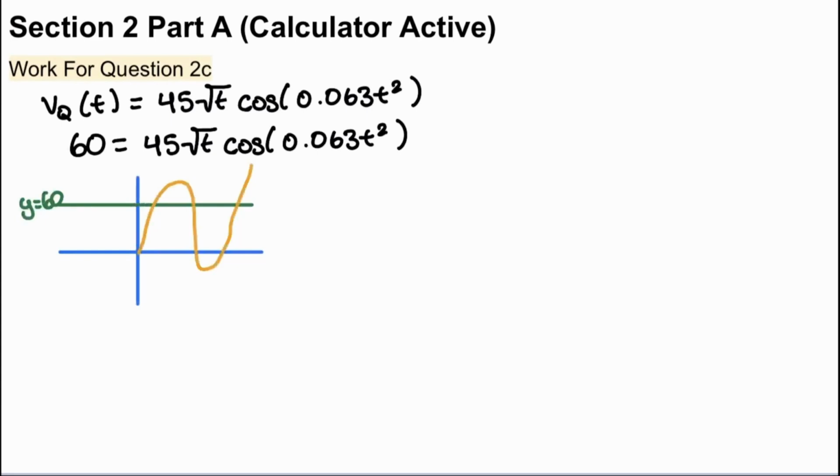You only want to focus on when the graph of V is above 60. So really your interval of focus is this region right here. And so you want to find your intersection points here, at this point, and at this point to give you the interval. And you're going to get that t is equal to